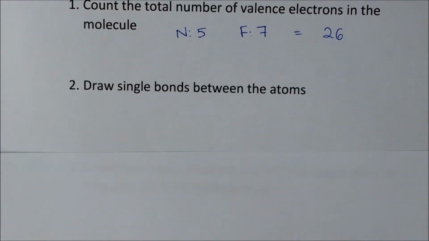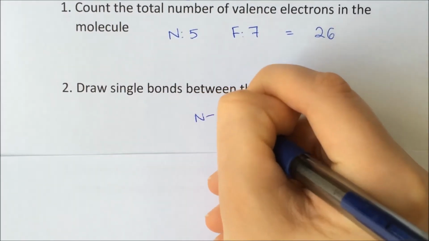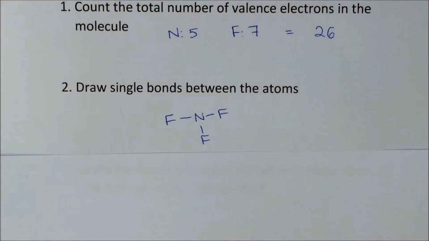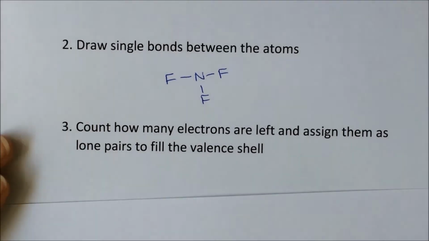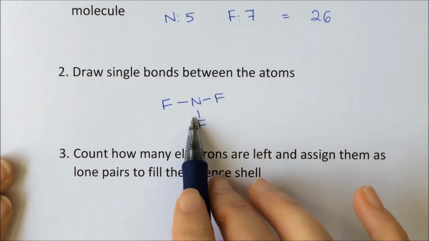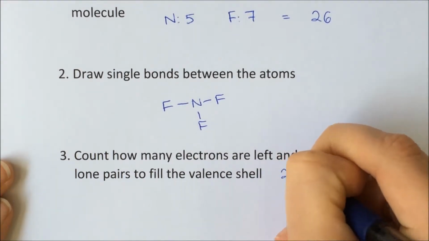Next, we need to draw simple single bonds between the atoms. So here nitrogen will be the central atom and it will be connected to all 3 fluorines. Next, we need to count how many electrons are left over. We've accounted for 6 electrons so far in our 3 bonds. We have to have 26 altogether, so we've got 20 electrons left over,